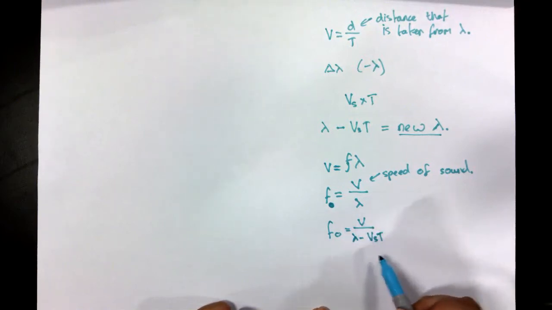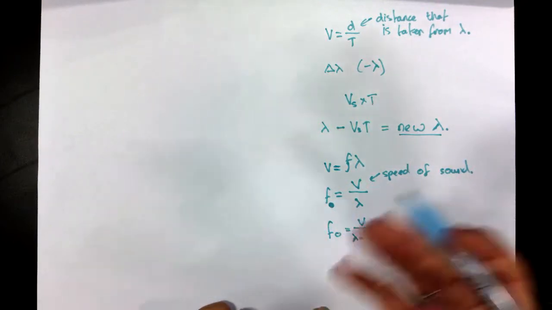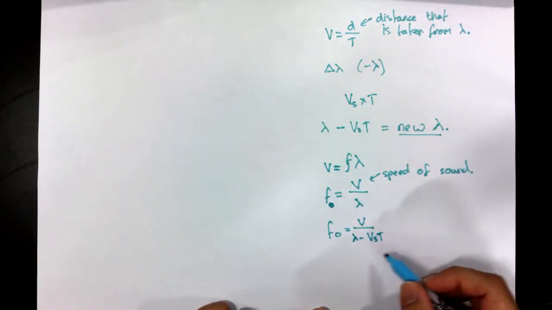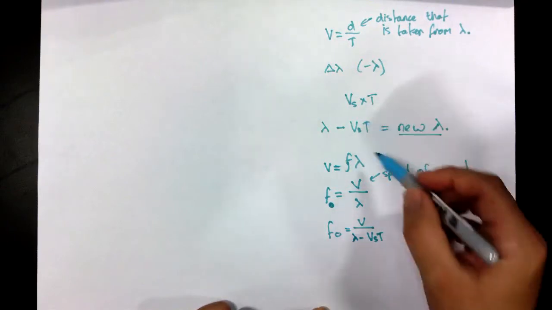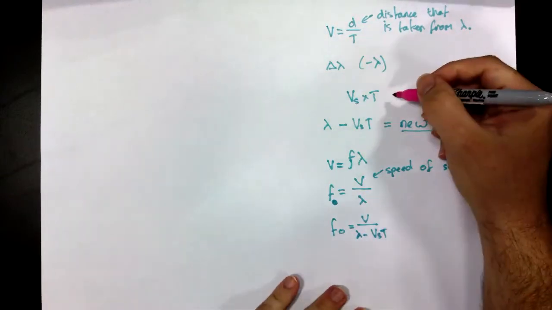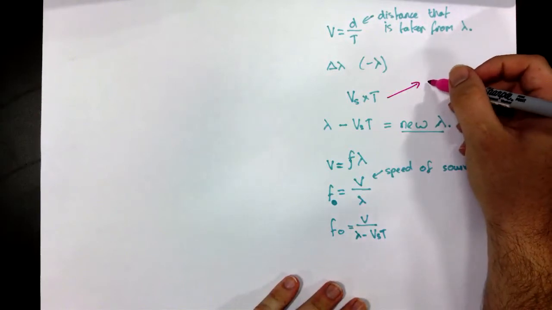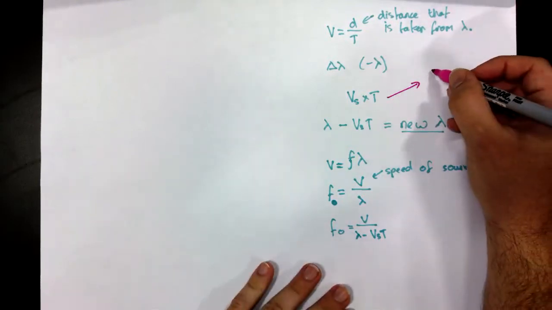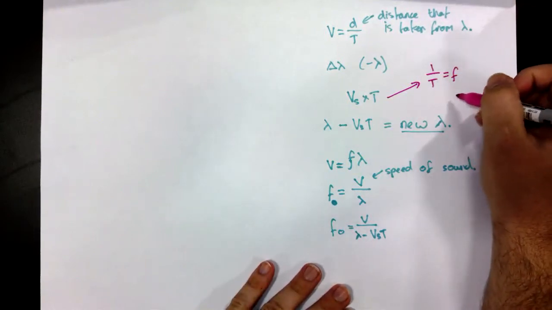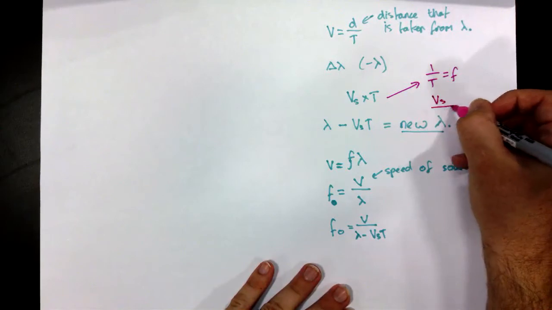Now we've got a lot of different terms going on here, so we want to rewrite a lot of these terms to unify the ideas in terms of frequency and velocity. We really need to get rid of this lambda and get rid of this time. Let's look at this equation back up here and see the changes we can make. For Vs times T, we could rewrite this in terms of a frequency, because hopefully you remember that 1 over the time period equals the frequency, and so 1 over the frequency equals the time period. So we can rewrite this as Vs over